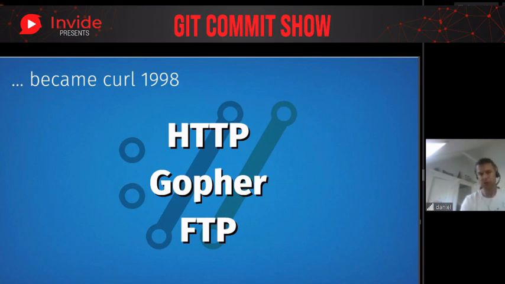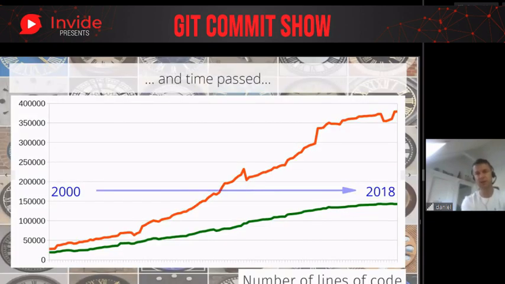And sure, I shipped it, and we started fiddling. Pretty soon I got help from others, and we started iterating and doing new releases and everything. And this little slide shows a little bit how the number of lines of code have developed in the project. The lower green line here shows the number of lines of code, and the red line is all the other stuff in the cURL repository, tests, documentation, and everything. So it has been growing steadily since the beginning of time.